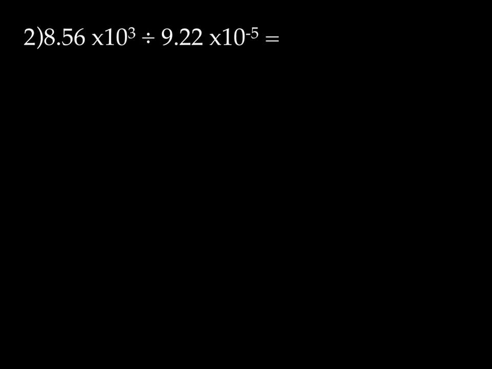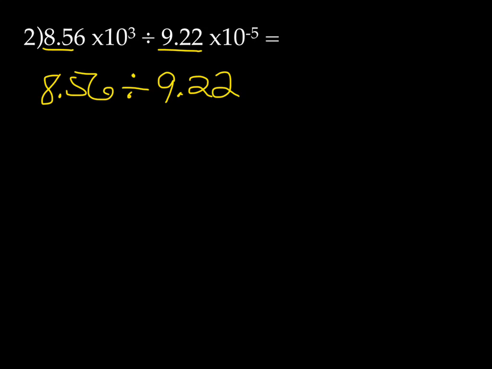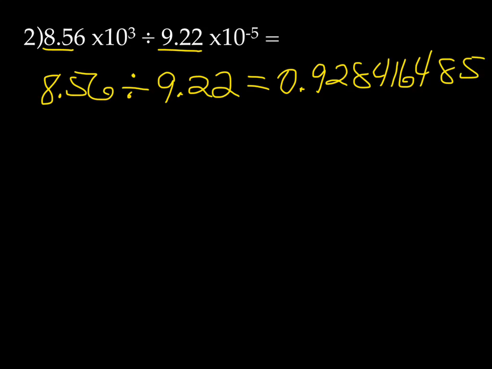Number 2 is a division problem. So the first thing we need to do is divide the coefficients. So I'm going to have 8.56 divided by 9.22. And my calculator gave me a really big number, 0.9284164885. Okay, if we go back and look at the sig figs,